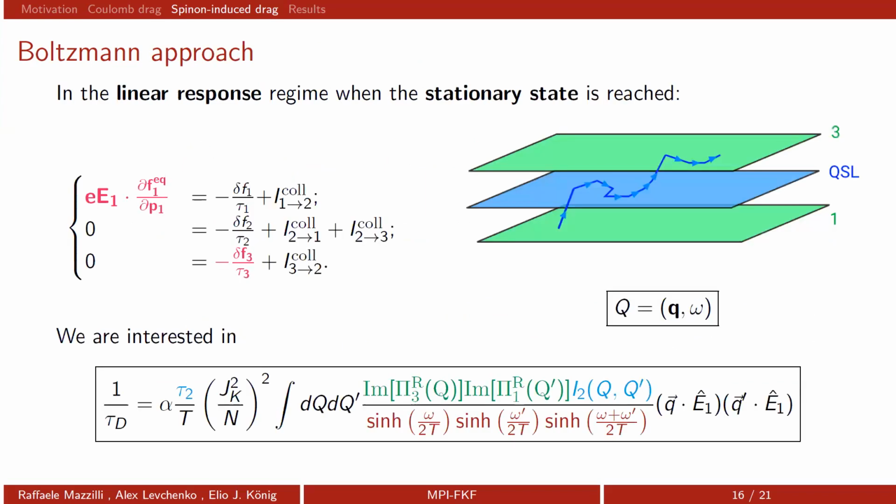So based on this, we were able to describe how momentum is transferred. And the system of equations, here you see a cartoon representation of the setup. Green refers to the metallic plates, blue to the quantum spin liquid, so the spinons. And on the top left, there is the forcing term. And on the bottom right, there is this minus delta F3 over tau 3, which is basically delta F is